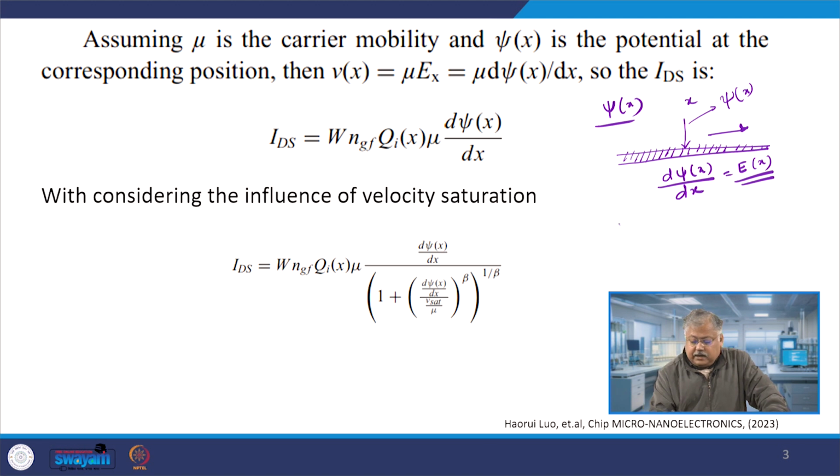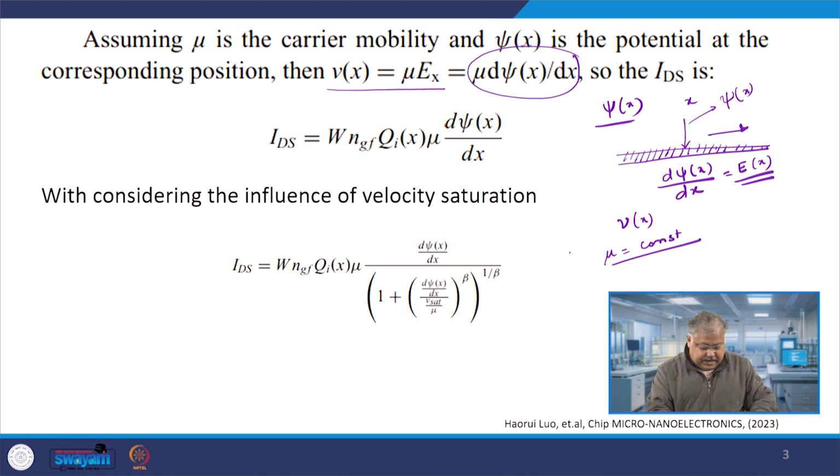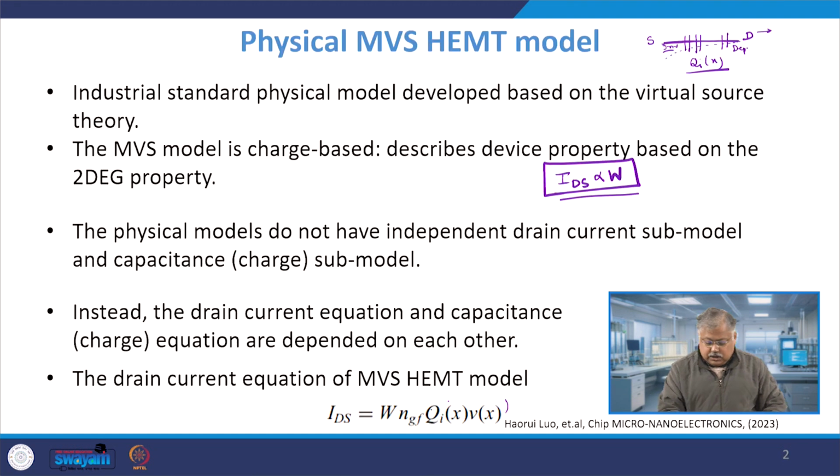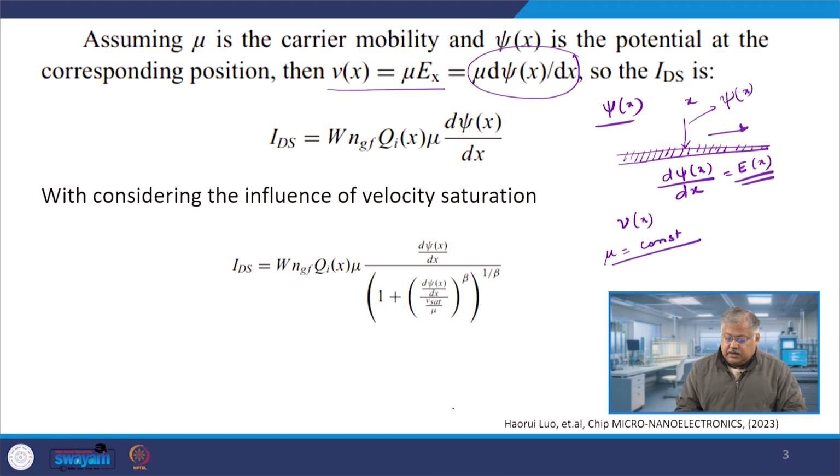And therefore I can write down the velocity of the charge carriers, V, as equal to mu times E of x. E of x is the electric field in the x direction, where E of x can be written as d psi x by dx, multiplied by mobility. I am assuming here again that the mobility is constant, which we are assuming for the time being. And therefore, if I take this equation and place it back into the equation of the current, then we get